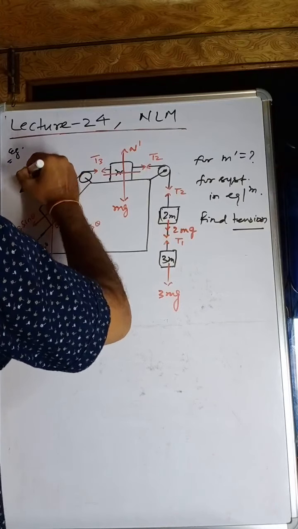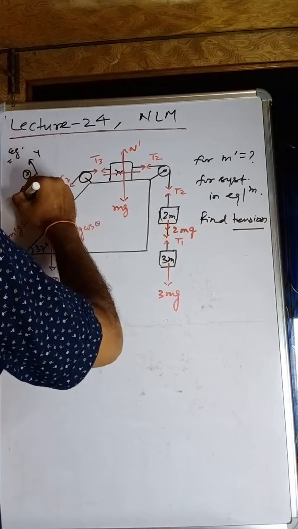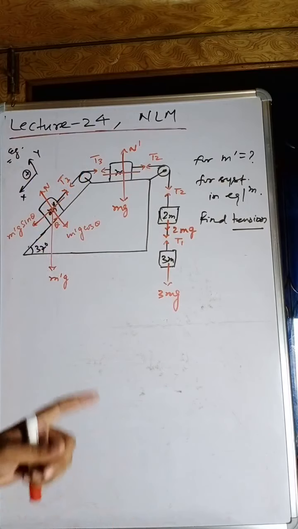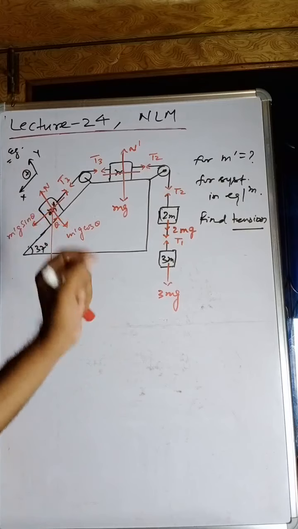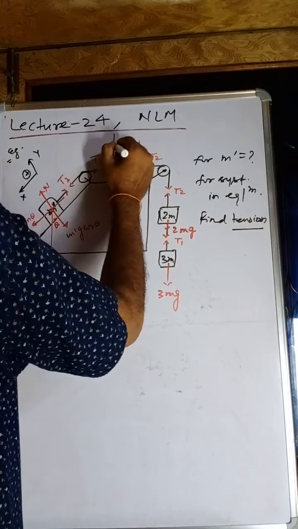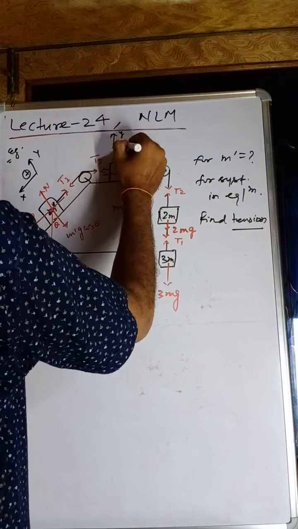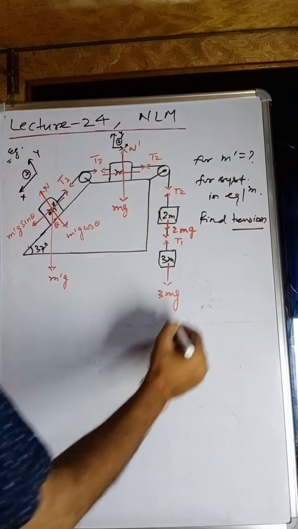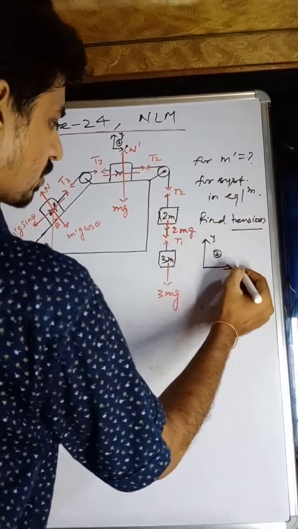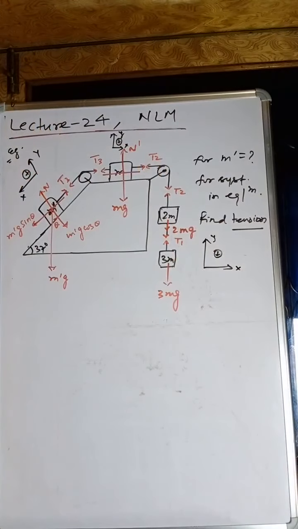For this body, we will fix the axis this way. Remember students, in one question, you can suppose more than one axis fixation. As here, I am using this axis fixation. Here, I will use the axis fixation, positive one, this way. And here, for all the bodies, I will use the axis fixation this way. Okay, so in one question, you can suppose the axis fixation in any way. Now, my dear students,